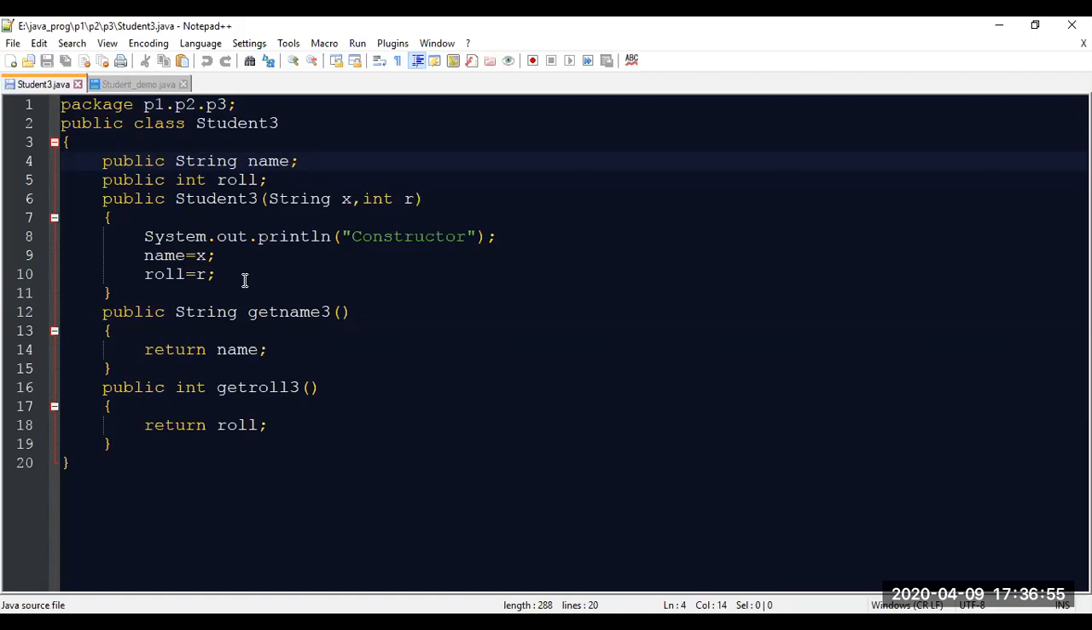Clear? So we keep both student3.java and student3.class under p1.p2.p3. If you want to look, I can show you the E drive, under E drive Java program, where my Java program is. Yes, this is my Java program: P1, then P2, then P3. Under P3 we have many classes,